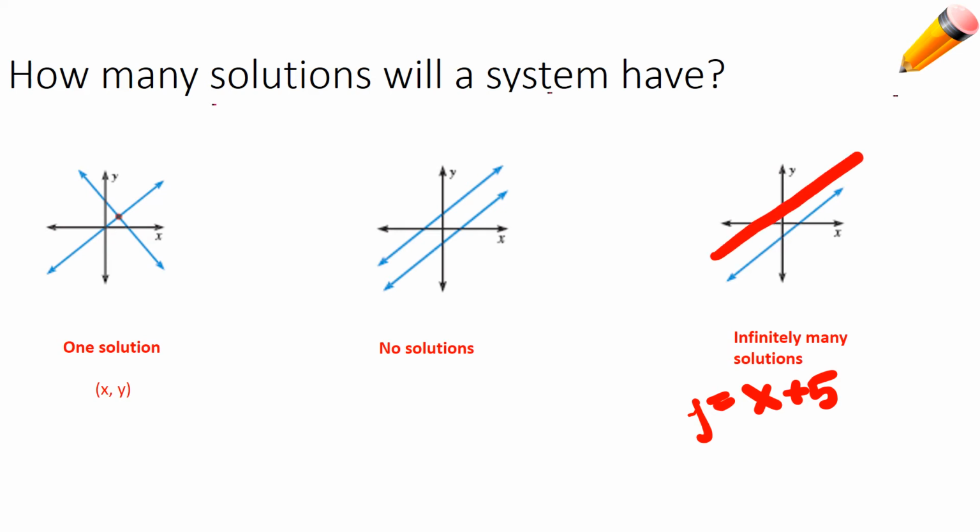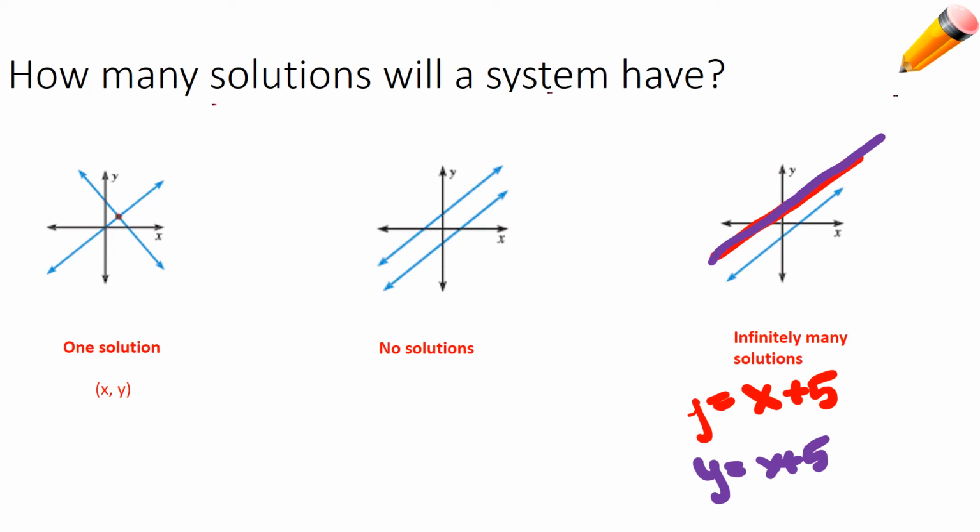And we graph that line. And then we're given another equation, y is equal to x plus 5. Well, that's the same equation, but now we're just going to graph it right on top of it. So if two lines are lying on top of each other because they're technically the same line, just graphed twice,